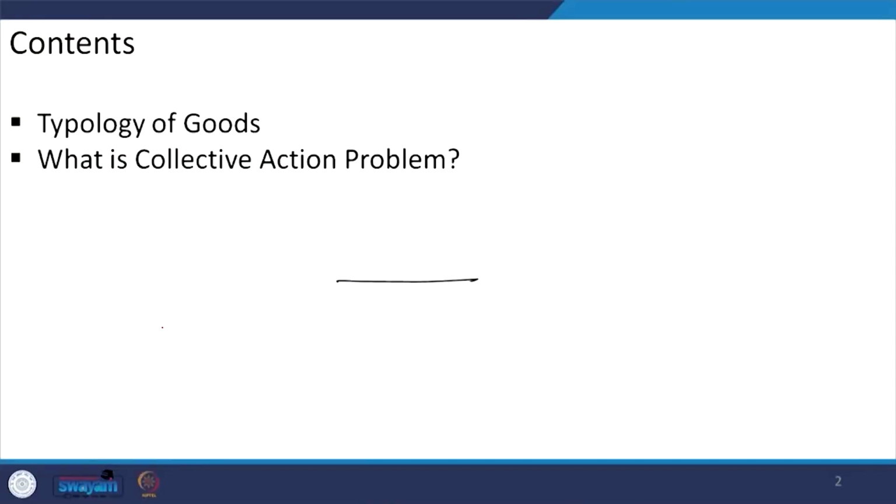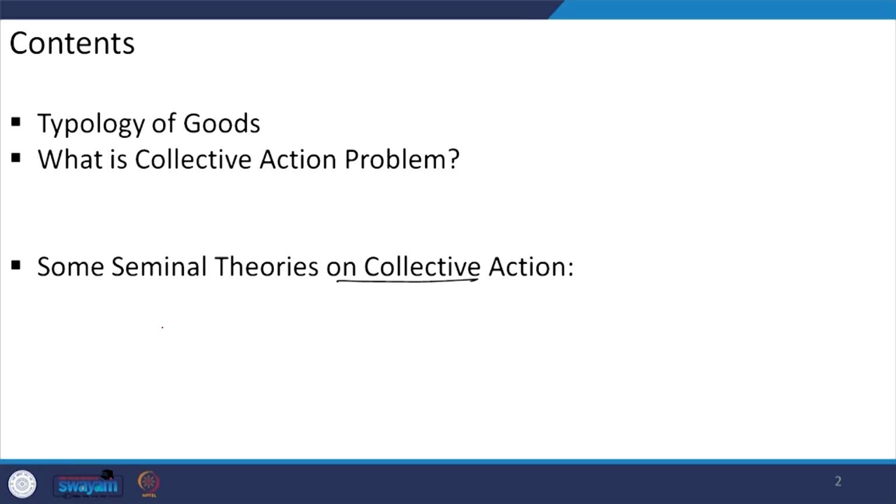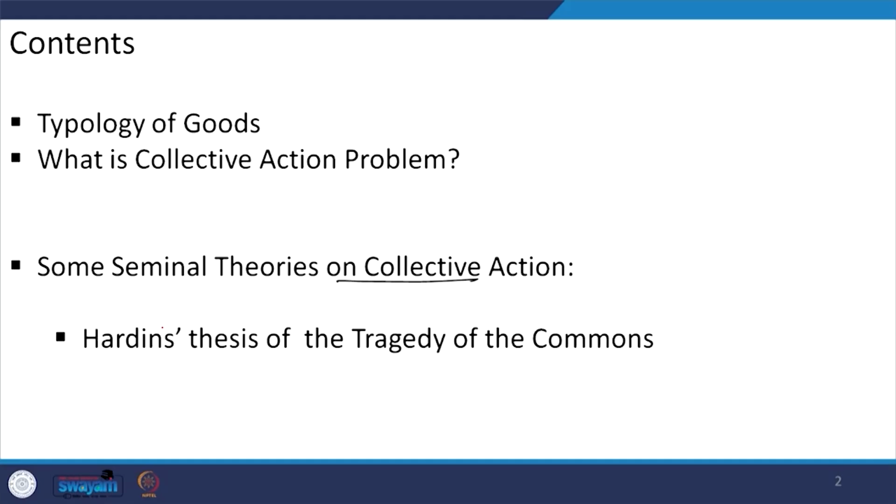So, in this context, broadly our contents would be the typology of the goods, discussing different types of goods. Then we will be discussing what the collective action problems are, by again discussing what collective action itself is and in which context it is applicable. Then we will be discussing some theoretical aspects, some seminal theories on collective action. First, we will be talking about Hardin's thesis of the tragedy of the commons. It will be followed by the prisoner's dilemma game,